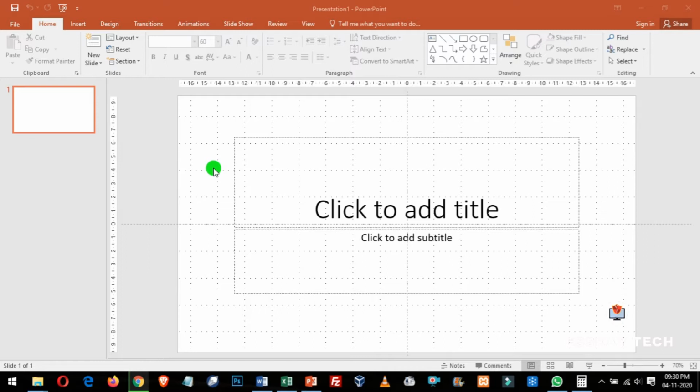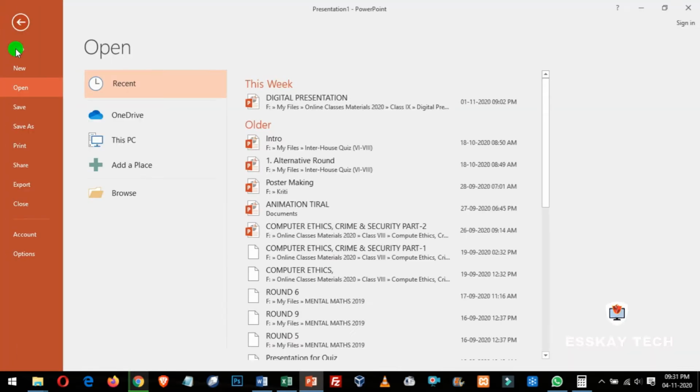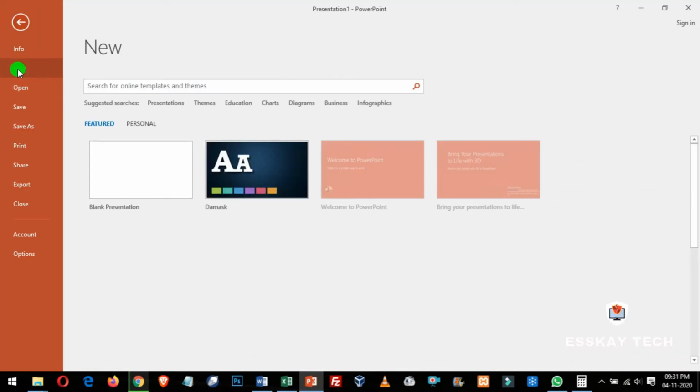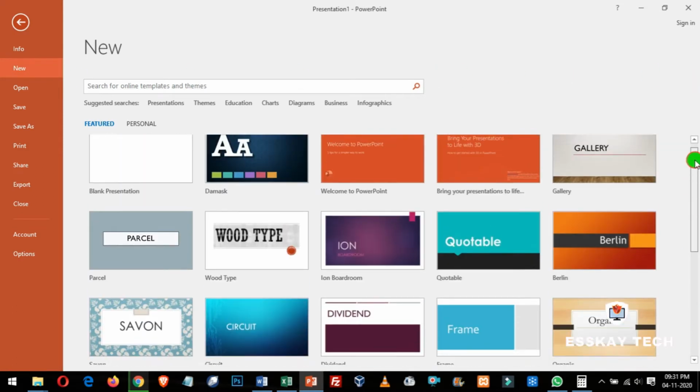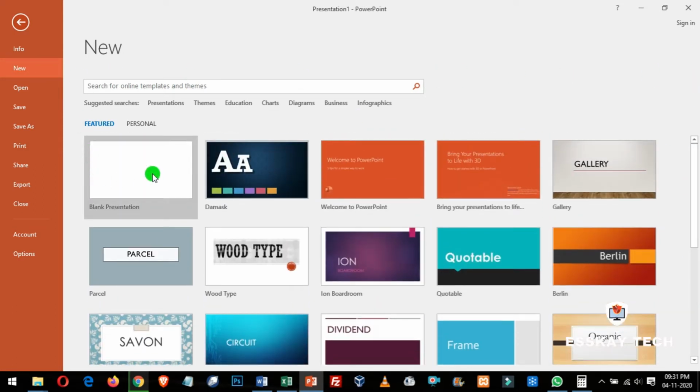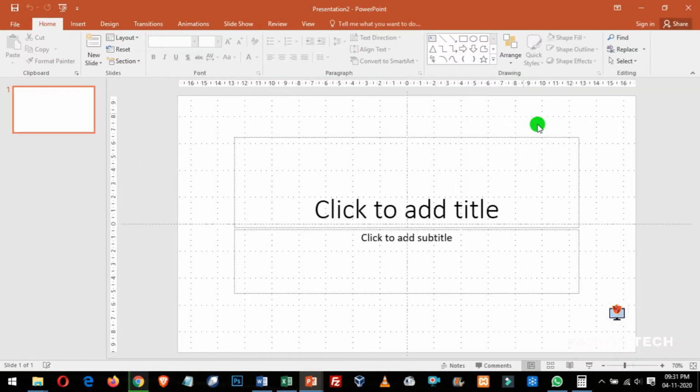So the first way of creating a presentation is going to the file menu over here and clicking on the new option. When you go to the new option here, you will get varieties of options here. The first option is called a blank presentation. When you click on it, what you'll see is a blank presentation